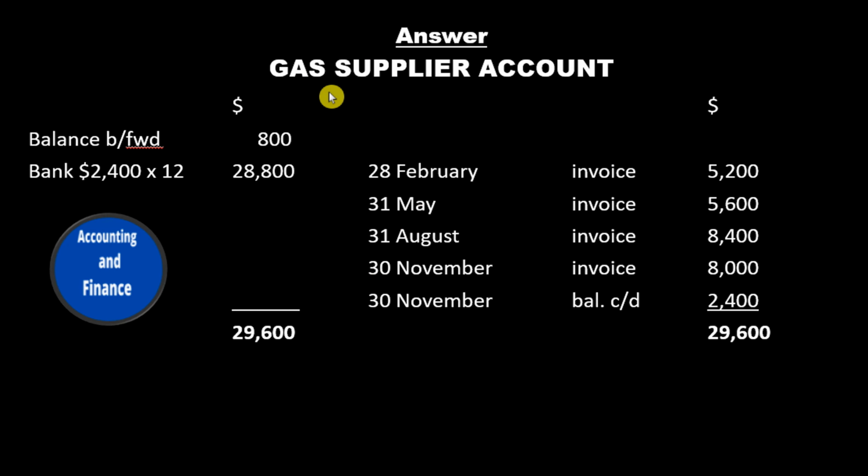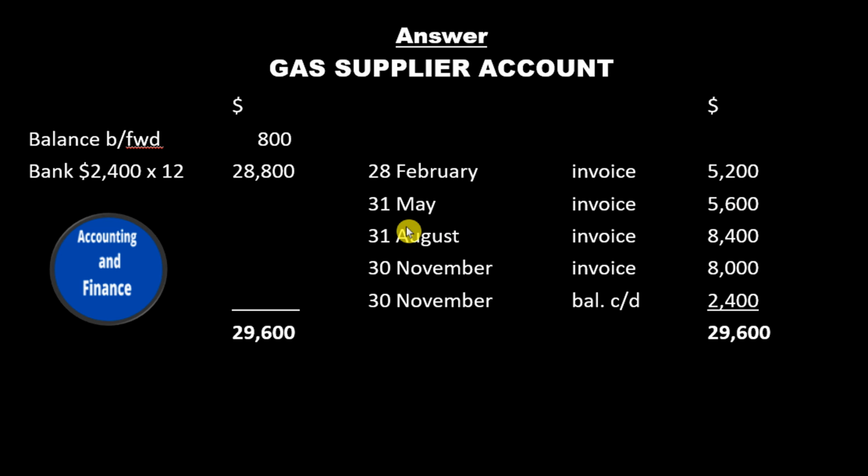Answer: gas supplier account. Balance brought forward $800. Bank: $2,400 times 12, $28,800. Total $29,600. 28 February, invoice